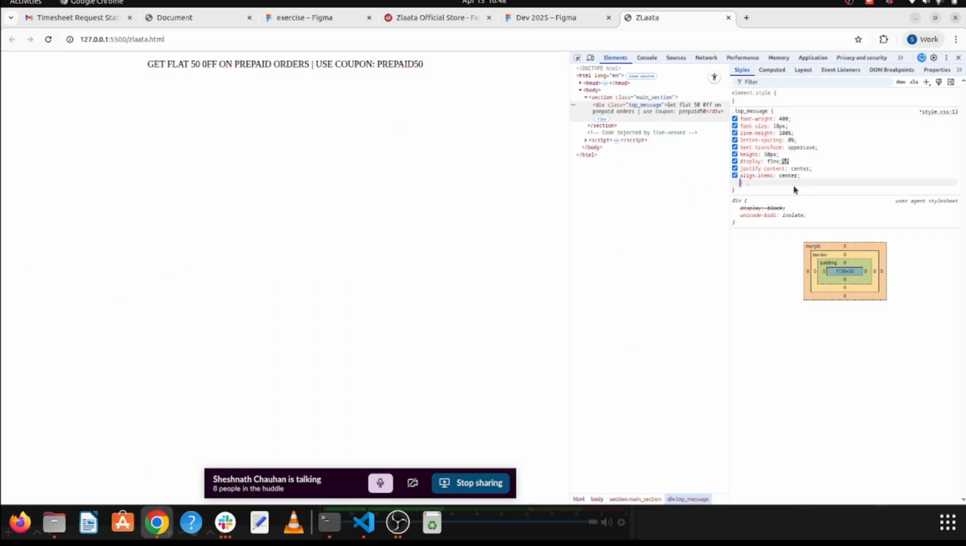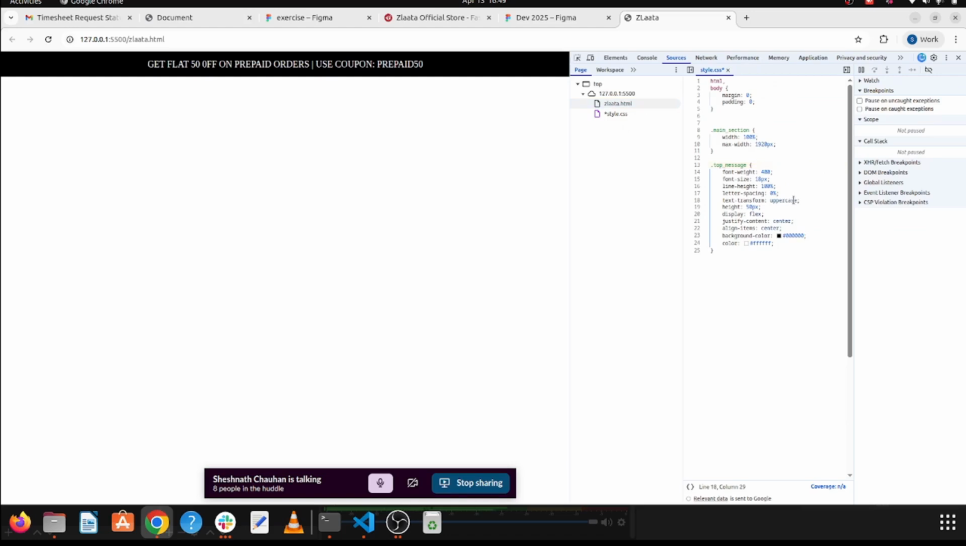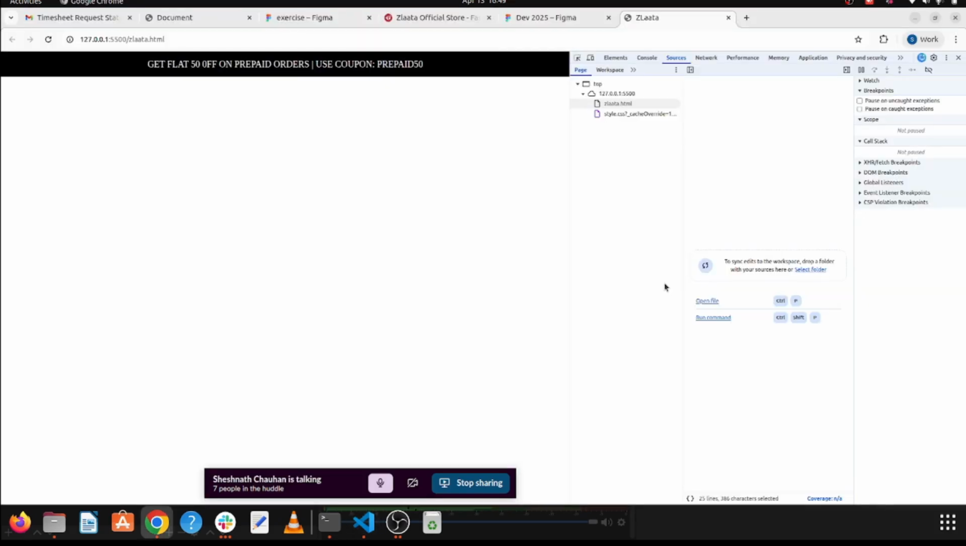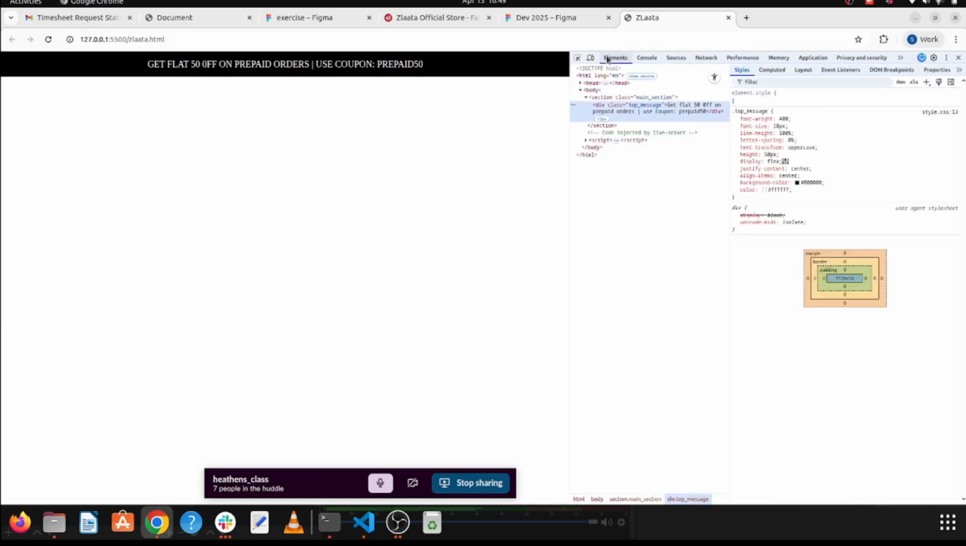So we'll give here background color should be 0 and color should be white. Okay, you can go there, copy everything and paste it in your VS Code. It will reflect. Okay. Now if you check,